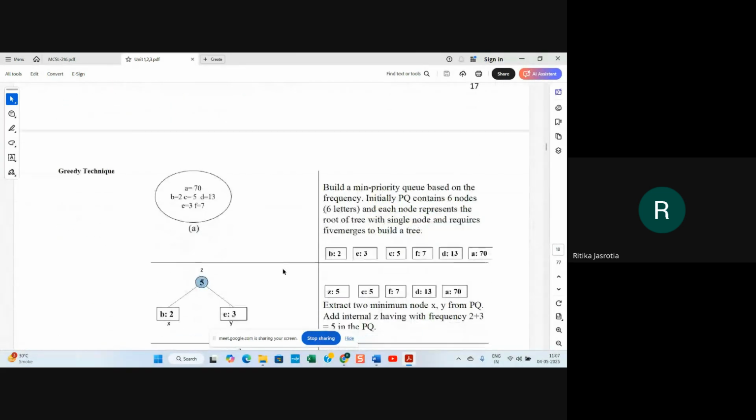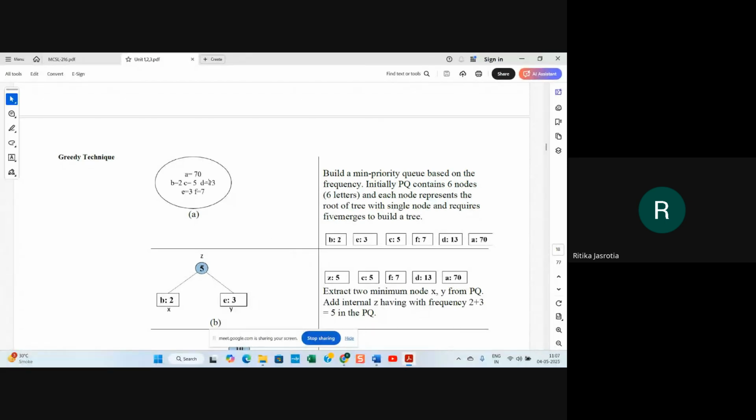So let us understand by example. Again the characters are a, b, c, d, e, f, and the frequencies are given: 7, 2, 5, 13, 3, 7, right? Build a min priority queue based on the frequency, right? Initially PQ contains 6 nodes, 6 letters a, b, c, d, e, f. Each node represents the root